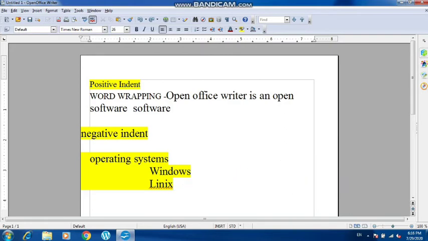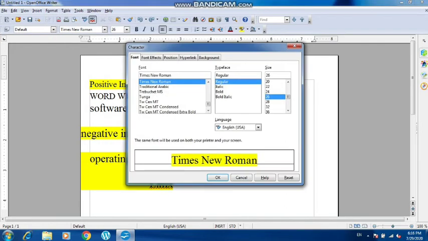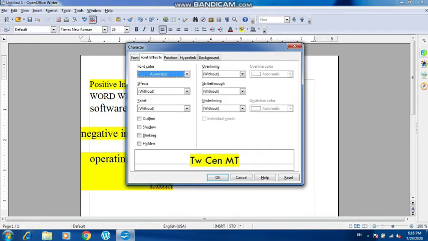Moving forward to our next topic, which is how to format the text. I have already told you that you can go through the formatting toolbar and do the formatting, or you can go to the format menu, select the different font style, the font size, whatever you like for your font. Also you can add some additional effects to your paragraph, your statements, whatever you have written